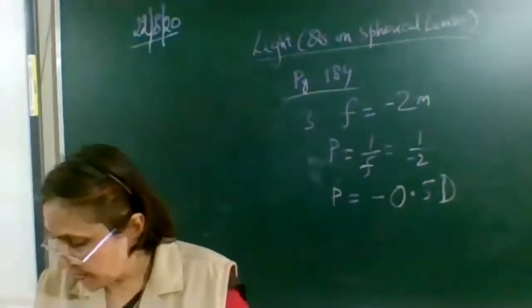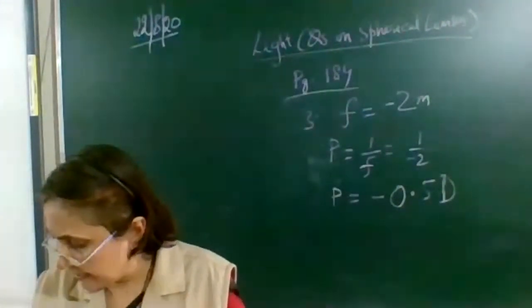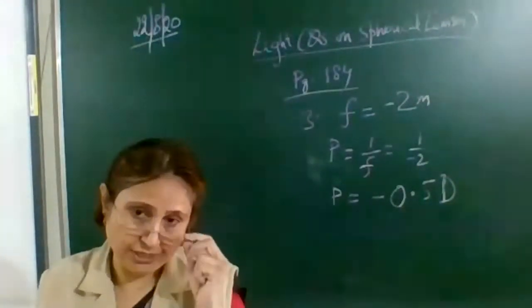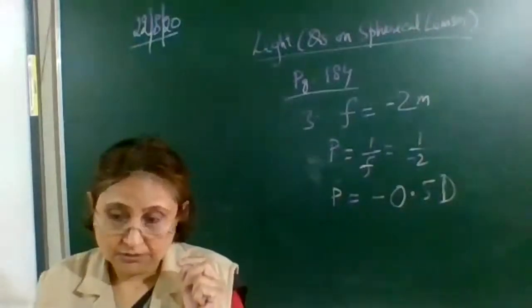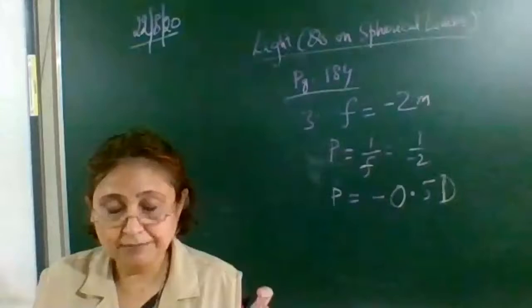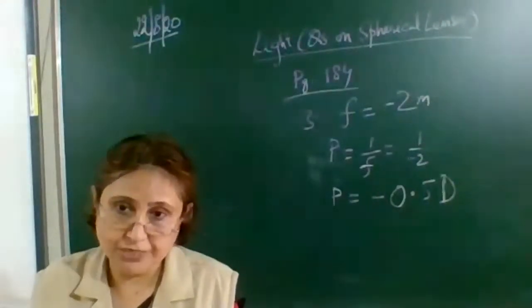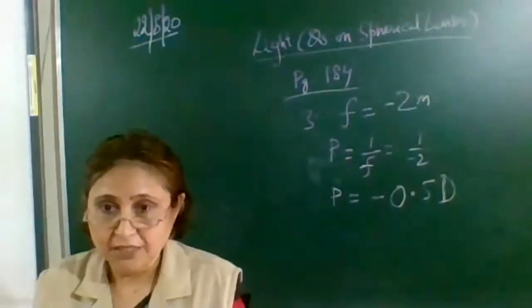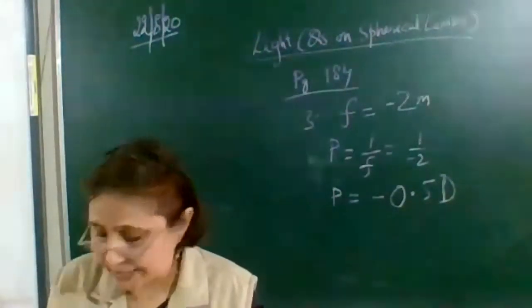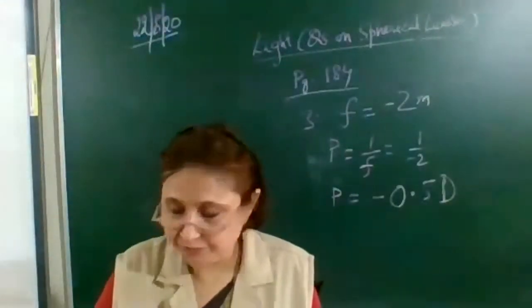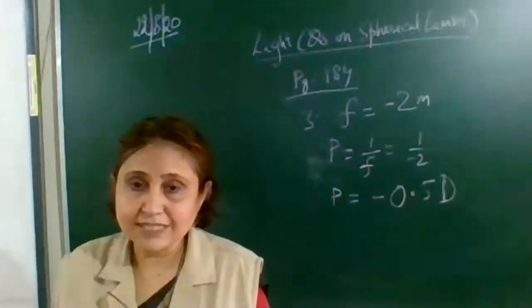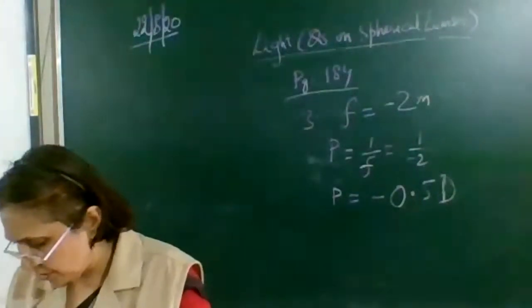Then question number 3. Where should an object be placed in front of a convex lens to get a real image of the same size as the object? Hurry up, think about it. The object is placed in front of the convex lens so that the image size should be equal to the size of the object. What should be the object position? Read the options and think of the correct option. The first option is at the principal focus, no, not correct. At twice the focal length, that is at 2f. So what is the correct option? At 2f. So B option is correct.